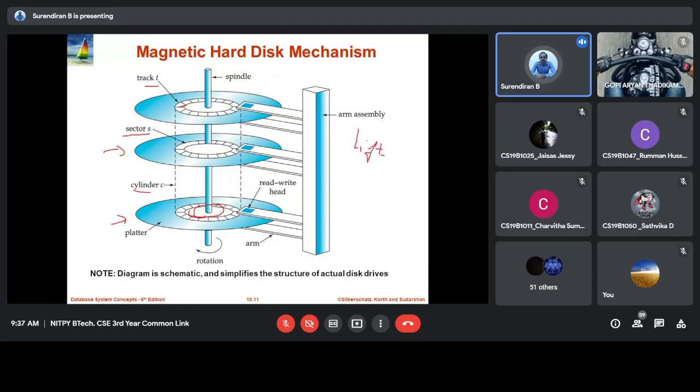In the lift approach, let us say you want to read sectors 10, 200, 150, 80, 360, and 400. So it's like a lift.